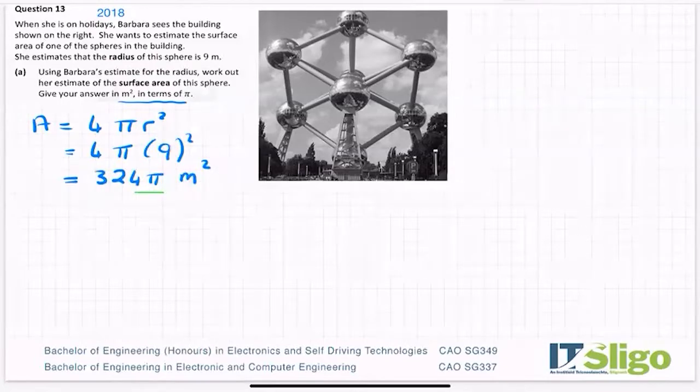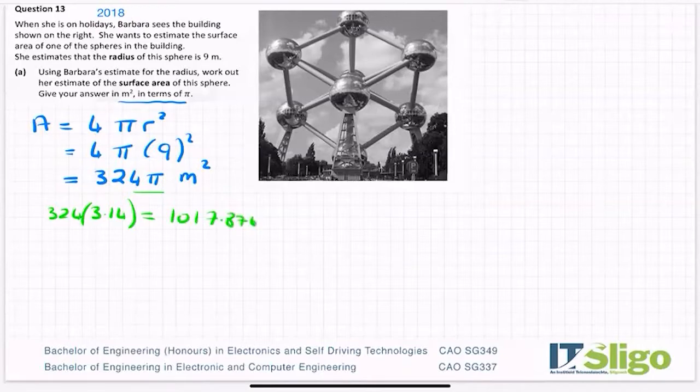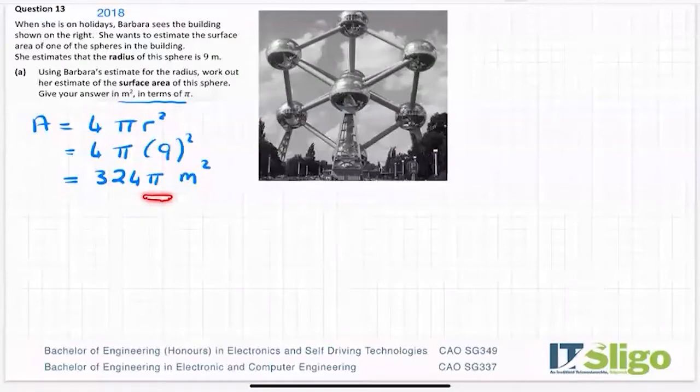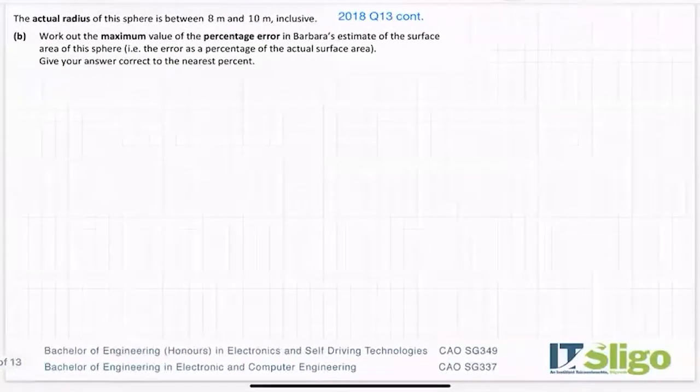It's not the same as 324, because if you sub in the value for pi, wouldn't it be 3.14? So if you S to D your answer, you'll see that you get 1017.876, okay? So you can see now that that number is not 324. 324 pi is 1017. The reason they leave pi in the answer is because there's no rounding. So in some cases, the next part of the question would have pi's cancelling and so on and so forth, so they tend to leave pi in the answer. So the surface area of that sphere, according to Barbara's estimate, is 324 pi. Okay, so we have 324 pi